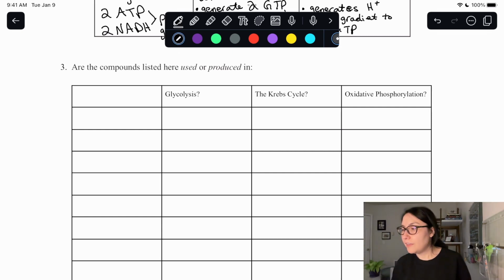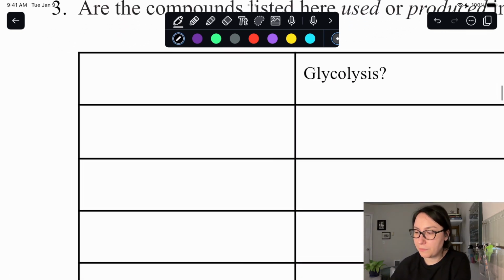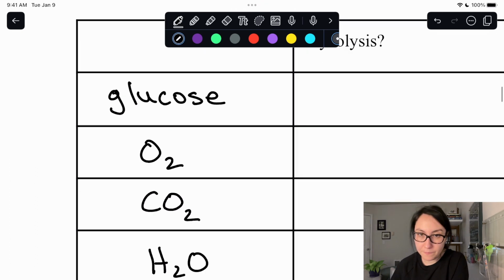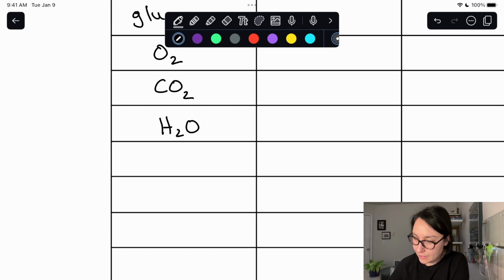They're asking if something is used or something is produced in these three different portions of cellular respiration: glycolysis, Krebs cycle, or oxidative phosphorylation. So what you're going to write on the side over here are the following words. You're going to write down glucose, O2, CO2, H2O, ATP,